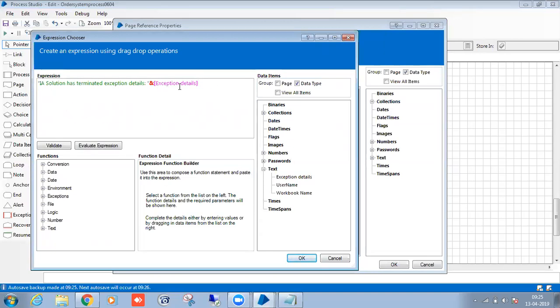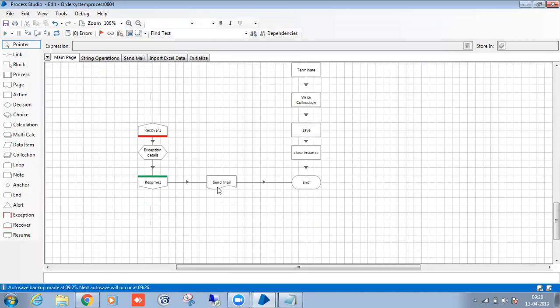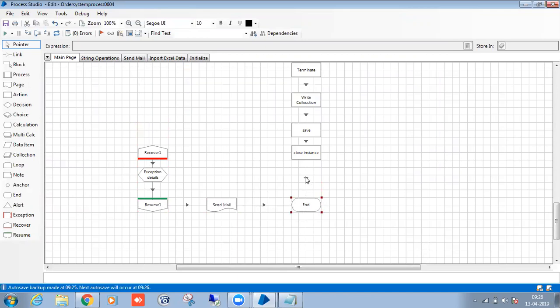In exception details, I will have the details, right? So those exception details we are going to pass. Suppose if it's a successful transaction, see, I am using only one send mail, with different values.